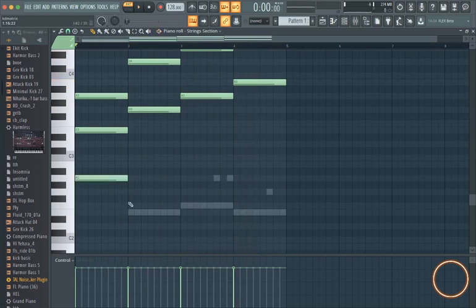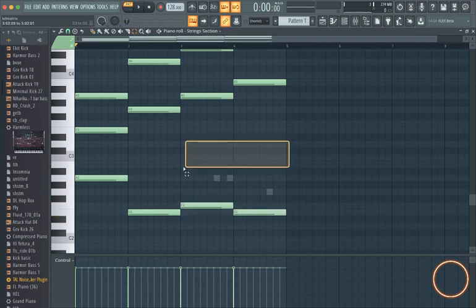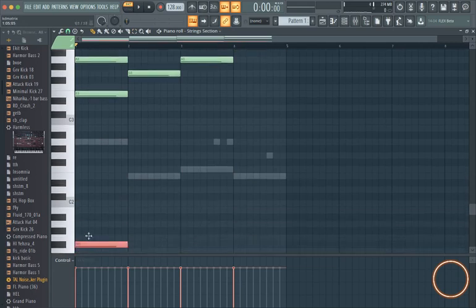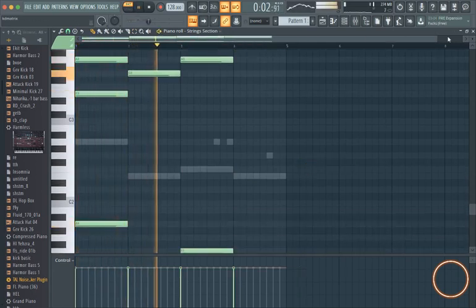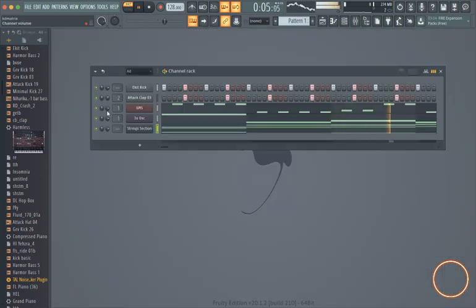Now what I'm going to do here is copy the bass line. Gonna take this, copy. Well, not copy, but I'm gonna drag this down a whole octave. This is an A. This is an A. Copying the bass line. So now we have